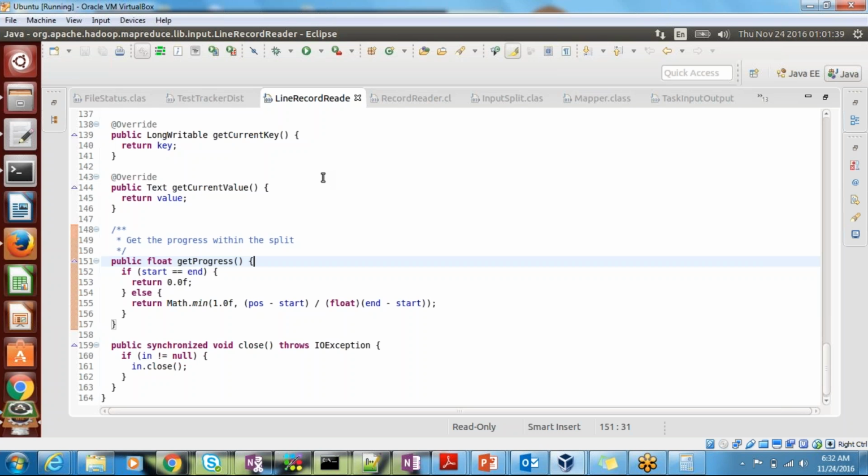That we will see tomorrow in detail. If anyone has any doubt, please stay back and